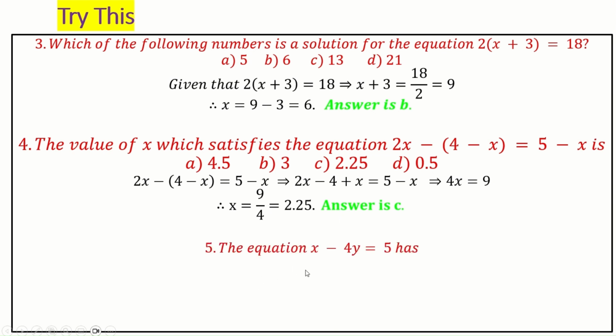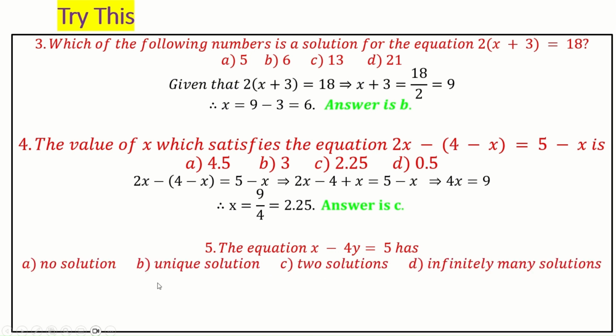So the answer is C. The equation x minus 4y equal to 5 has unique solution, no solution, infinite solutions, or two solutions. What is the correct answer? Okay. So from this one equation, we cannot say anything, but this equation satisfies many solutions. If you see, you take some value for y,